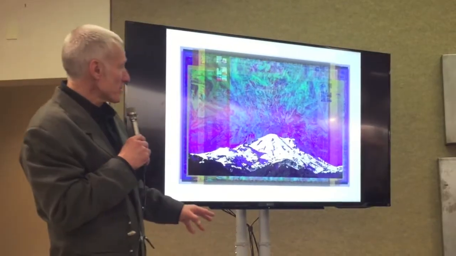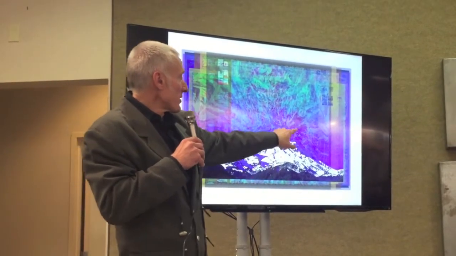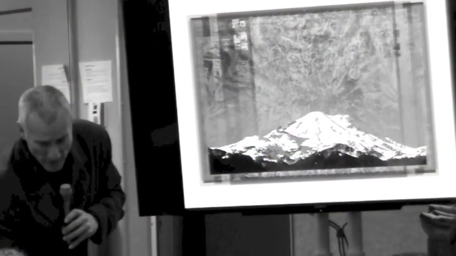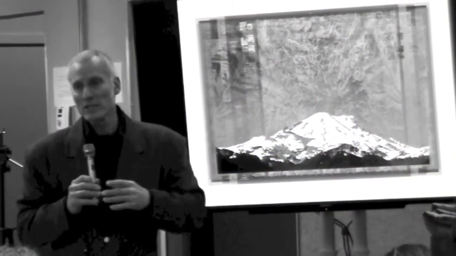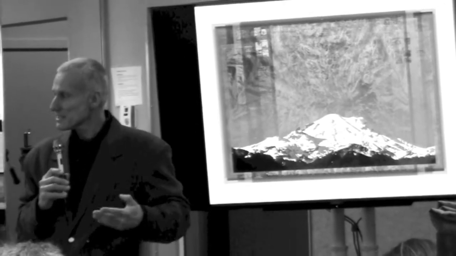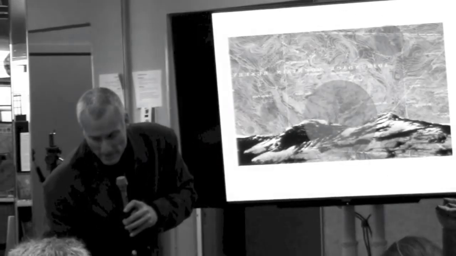So that's how most of these are created. In this one you can kind of see that this is a volcanic peak, it's Mount Rainier, and you can kind of see the topography behind it. And then I play with the colors. Initially I wanted to work directly on topographical maps, but that's limited. It's limited in scale and it's limited in color. And so pretty quickly I decided, I'll go digital.